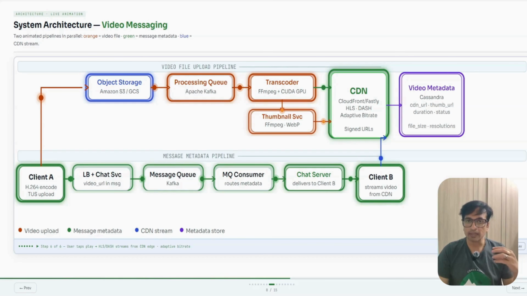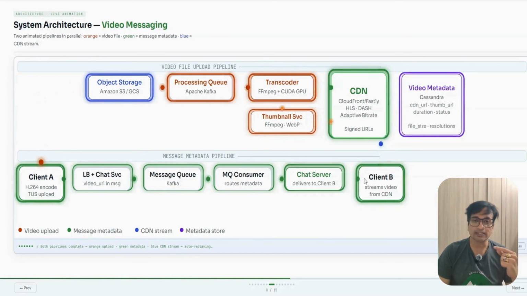Okay, the client B app, the WhatsApp app, connects to the CDN with this meta information. It's an automated process. So what happens is, the client B connects to the CDN, and immediately the CDN